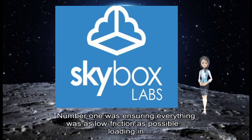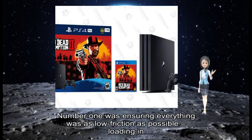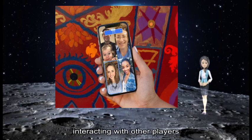Number one was ensuring everything was as low friction as possible: loading in, interacting with other players,